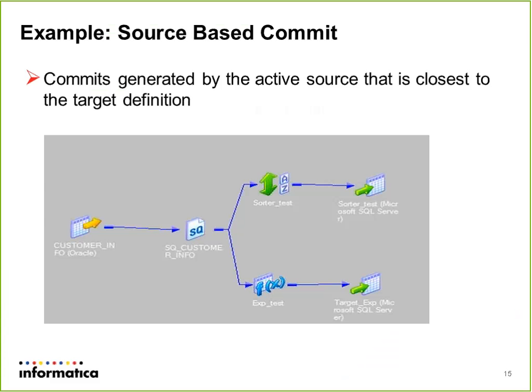So the next question which arises here is, when a mapping has two or more active sources, which one takes effect? Let us look at the mapping with multiple commit sources. The above mapping reads data from Oracle database and branches from the source qualifier transformation to two targets. One branch contains a sorter transformation and is associated with the target sorter_test, and the other contains expression transformation associated